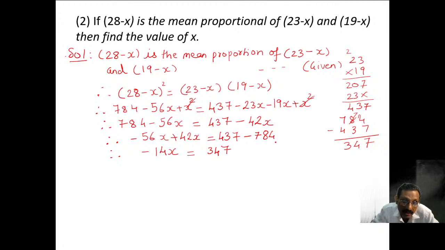But have we seen the greater number? 784 is the greater number. Now what is the sign of 784? It is negative, so we will put a negative here. But we want to find the value of x. So to get the value of x, this number which is multiplied goes here and becomes division. Therefore, x is equal to